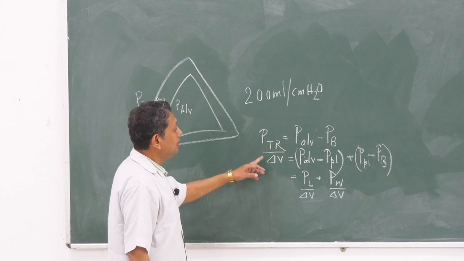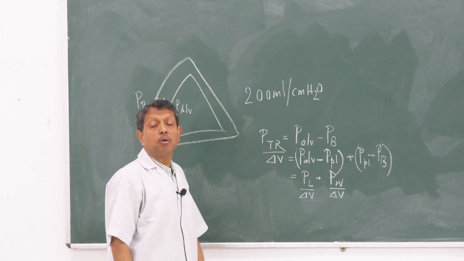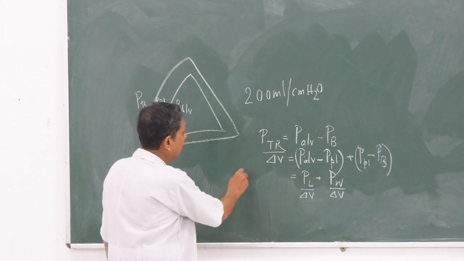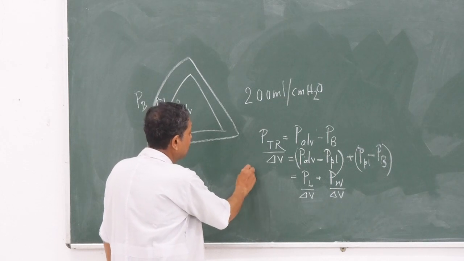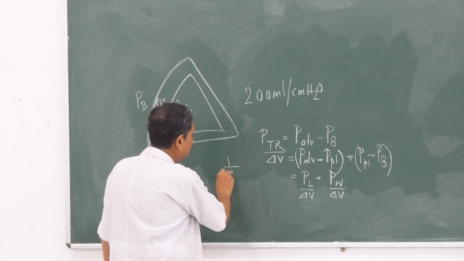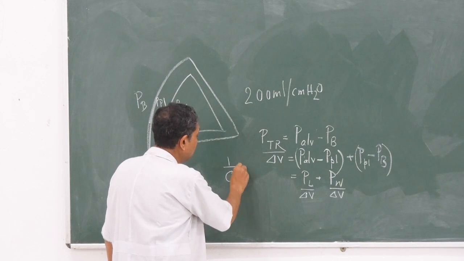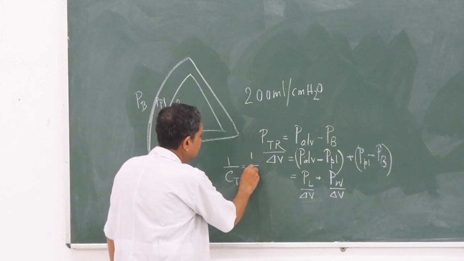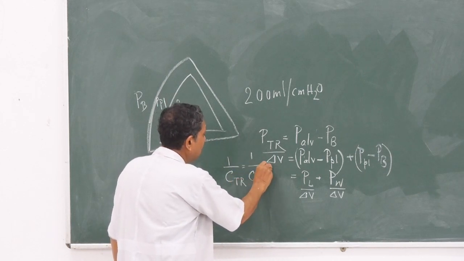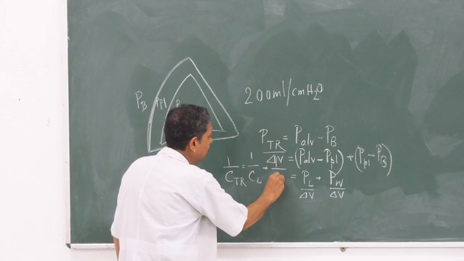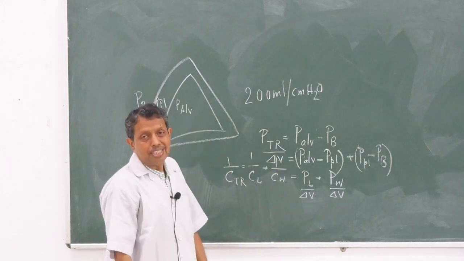So we will find the reciprocal of the compliance. So 1 by compliance of the total respiratory system is equal to 1 by the compliance of the lungs plus 1 by the compliance of the chest wall. This type of relation